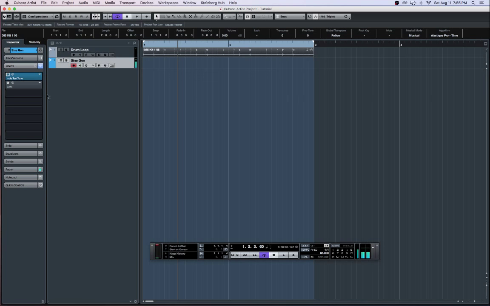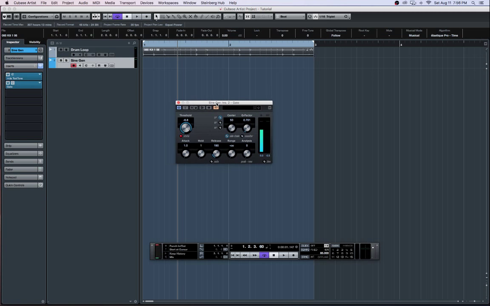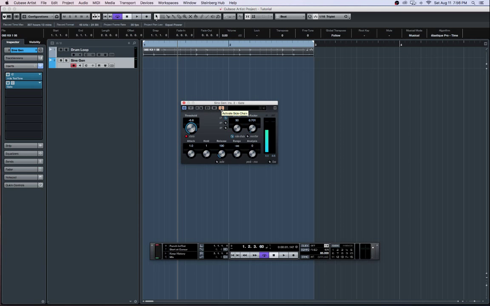And I've also set up our gate a bit, but here's what I've done. This button here in Cubase activates the side chain. And if you have a previous version of Cubase or Cubase LE or one of the cheaper versions, then unfortunately they don't give you that option. So make sure that you have that in your DAW before starting this. What this does is it allows another track or the same track to trigger the inline effect that you're using. So in this case, we have a gate,